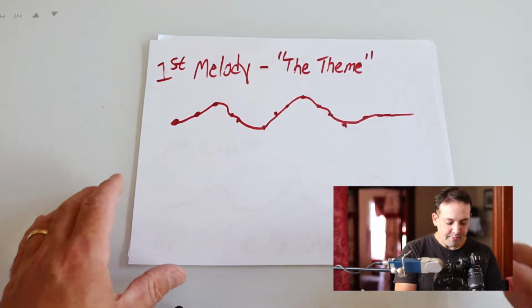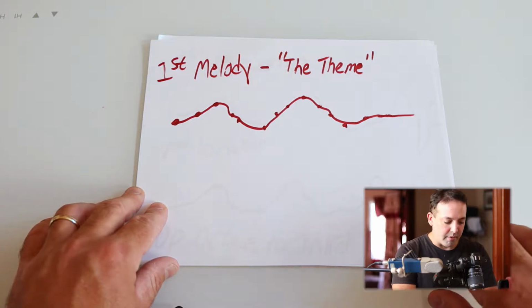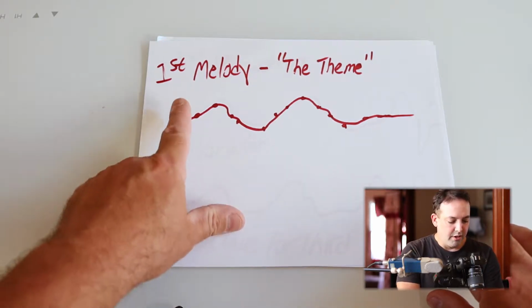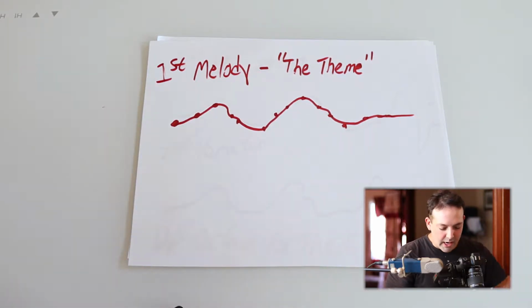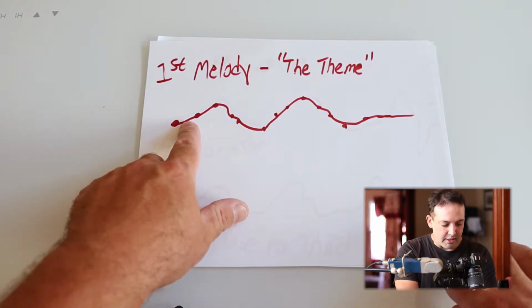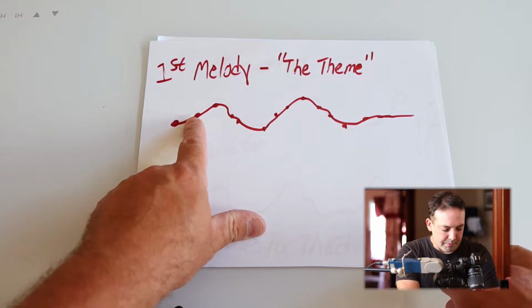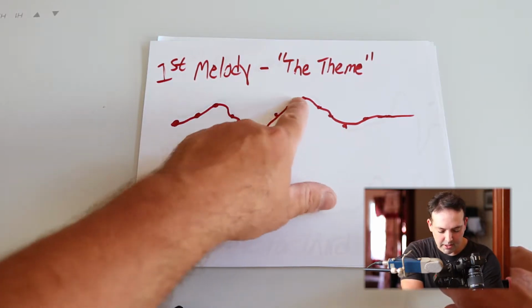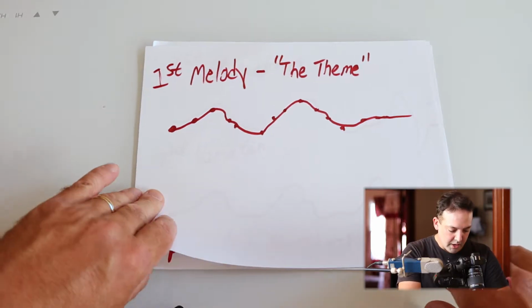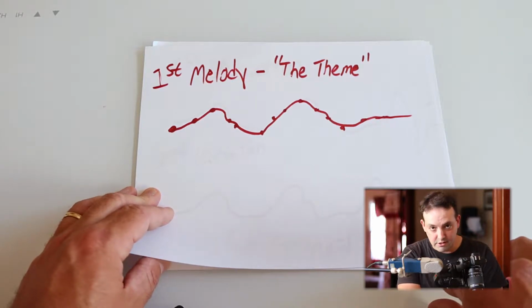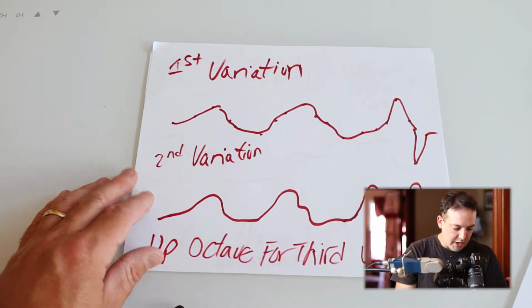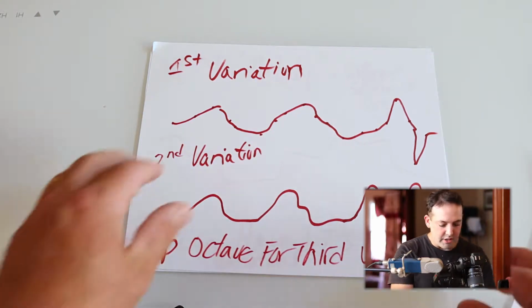So first, I have here the example of, in themes and variations, we have what we call the theme, which is really our primary melody, okay? So like, however the song starts, the first melody that you hear that kind of repeats itself a couple times in the beginning, this is the theme. And I just represented, because this is kind of like how I visualize melodies, I drew the ups and downs of how the melody flows in pitch. And then as the song progresses, maybe you repeat that melody once or twice to kind of get it into the listener's head. And then you can move forward and go to the first variation, which is kind of like,